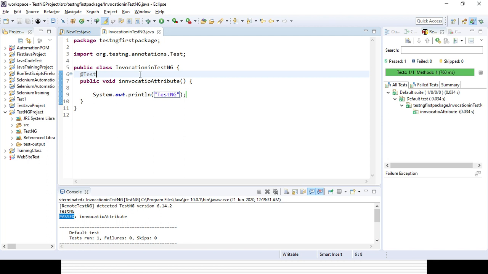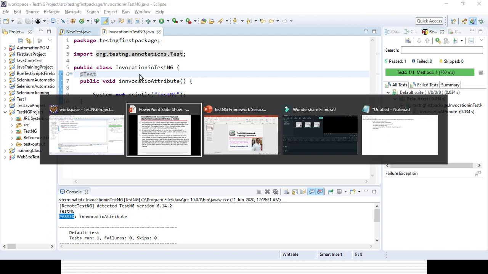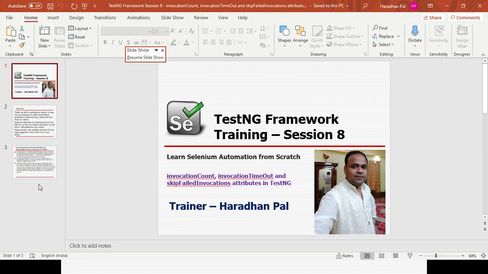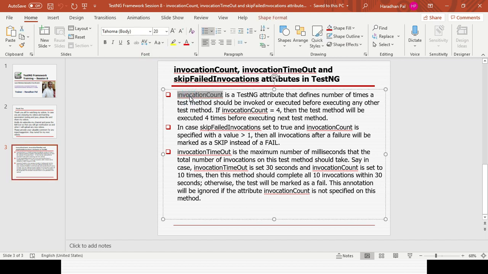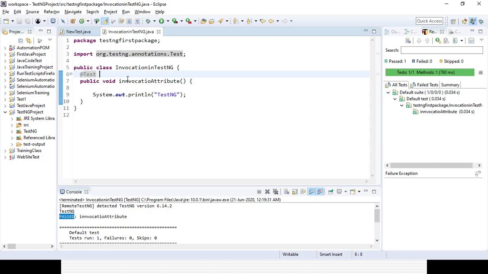For this data creation we can use the invocation count. In the @Test annotation you simply give brackets and enter invocation count. Suppose I want to run it 6 times, then you use invocationCount equal to 6.